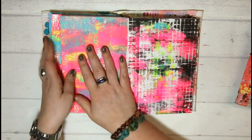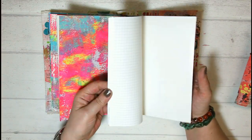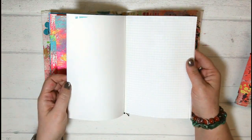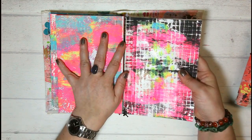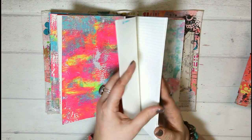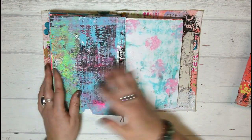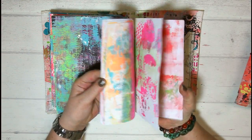Yes, so then I have another one of those Tomoe River paper booklets in here, which is still empty, and I still need to decide what I want to do with this. I think I'm going to make it a gratitude journal, maybe. Still thinking about this. And then here, right here at the end, I have another one of those jelly printed art journals